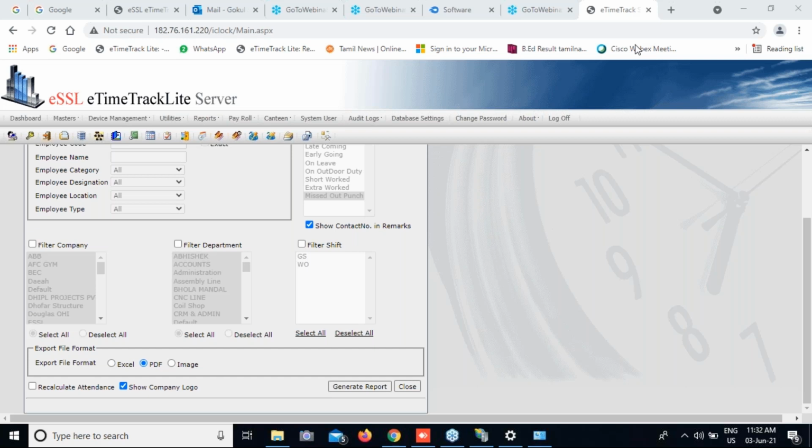But after some time, the data synchronization stops. Machines are not able to send data to the server. Although we restart the server, in that case also it will not work. Data synchronization will not start automatically.